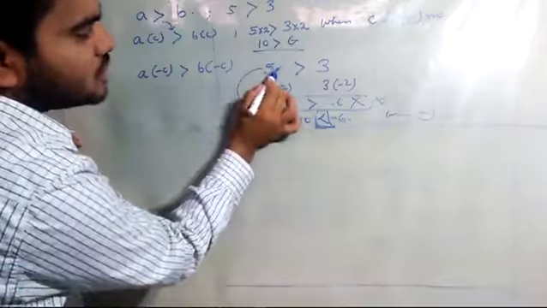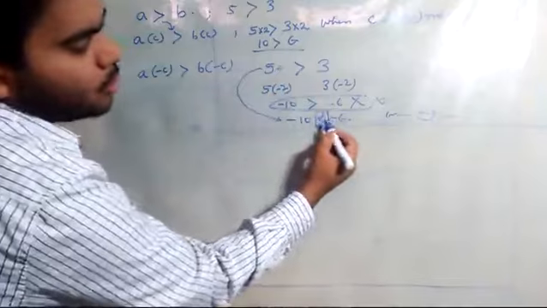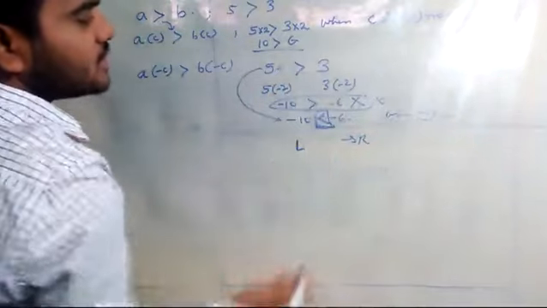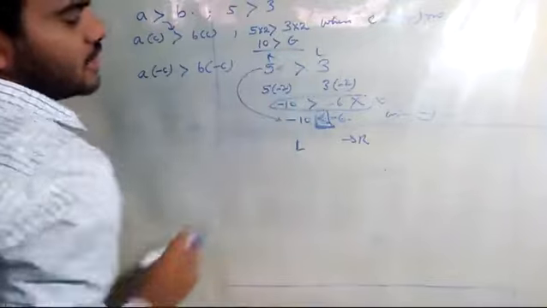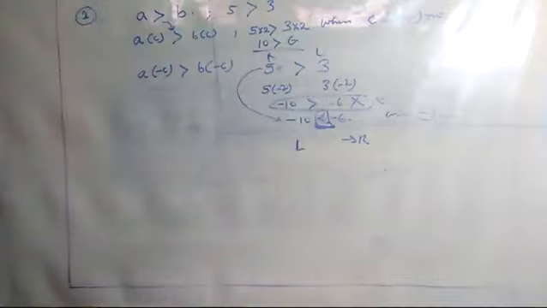The mouth was open towards this side. Now the mouth has opened towards the right hand side. It became the right hand side, this is the left hand side. Here it was the right hand side, here the left hand side. So this is the meaning of inequality, the law in terms of inequality for multiplication of positive and negative numbers.